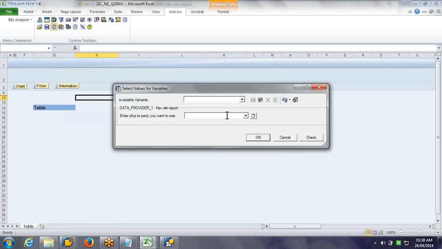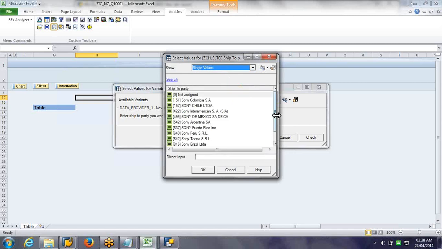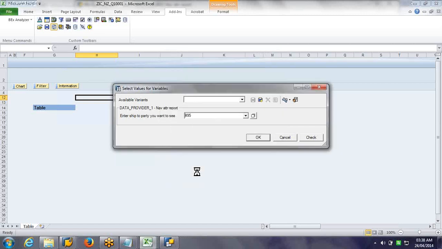You can see a pop-up is coming. So if he is not aware, he can click on this to see the list of entries. You can see, okay, these are the customers, these are the ship to parties, and then he can see it. Only a single value, because it is meant to hold a single value.